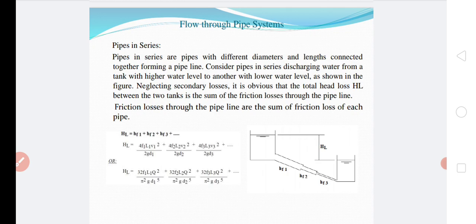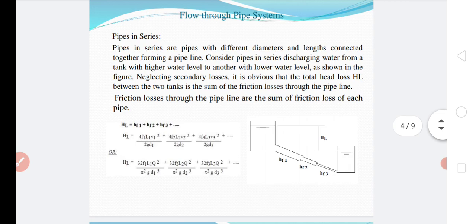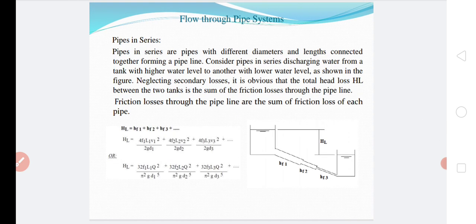In this figure, pipes in series are pipes with different diameters and lengths connected together forming a pipeline. Consider pipes in series discharging water from a tank with a higher water level to another with a lower water level. This is always the characteristic of water: from a high level, water tends to flow downward. As shown in this figure, on the left side is the high-rise water tank, and